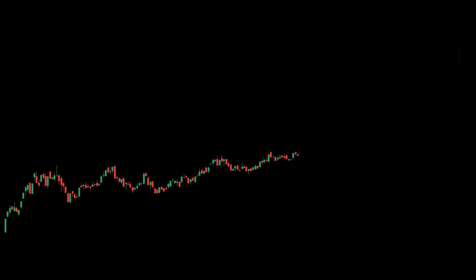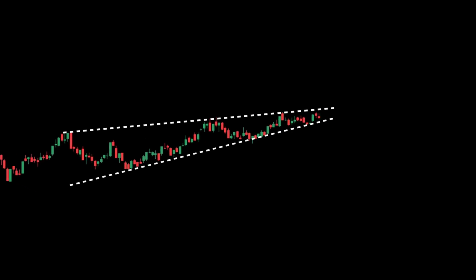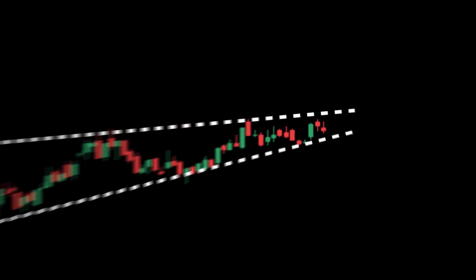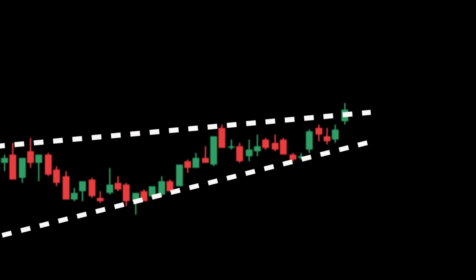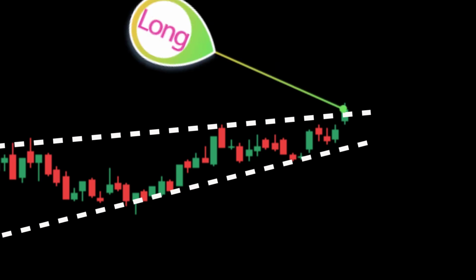Here's the daily chart for SSI stock. We can clearly see that the price is forming a rising wedge pattern with the upper trend line connecting higher highs and the lower trend line connecting higher lows. Once the price breaks the trend line of this pattern, we'll place a trade in the direction of the breakout. With these two strong bullish candles, the price has broken through the upper trend line, so we would choose to enter a long position right here.